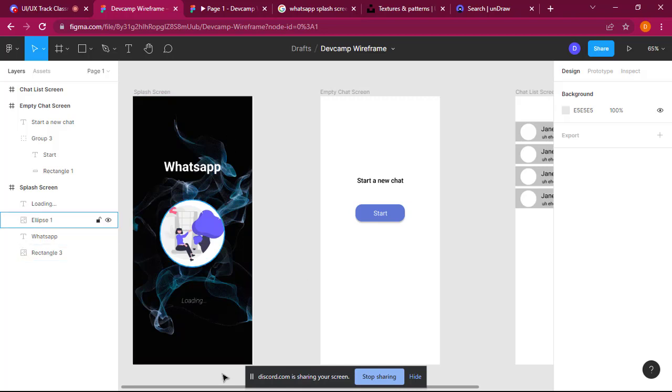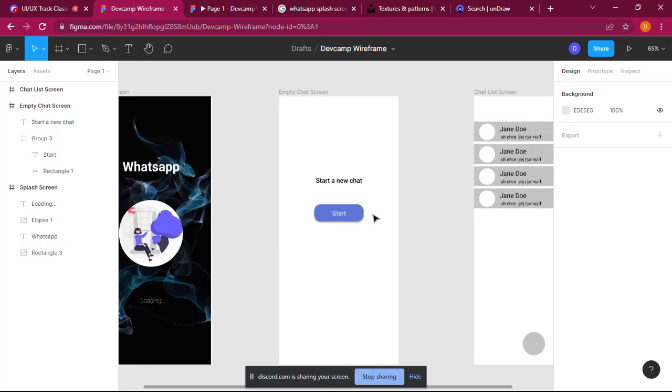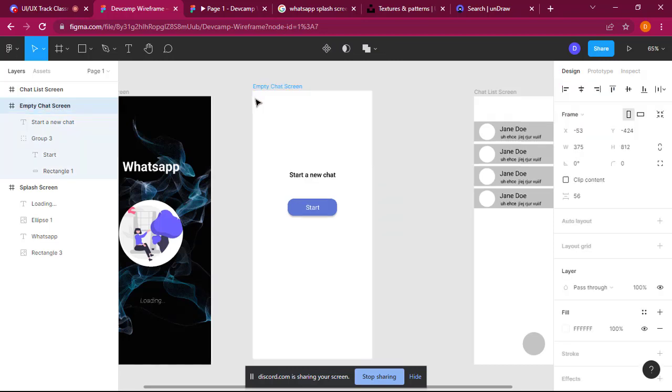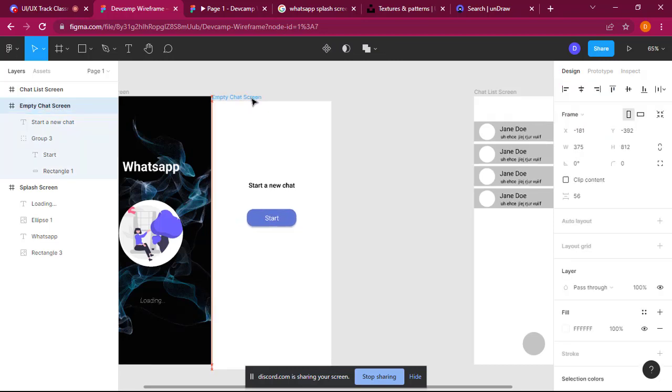So when somebody opens up this page and touches it, it's supposed to take them to this start a new page, meaning they need to start a new chat. Then if someone clicks start, what is the next screen that it should show? It should not just